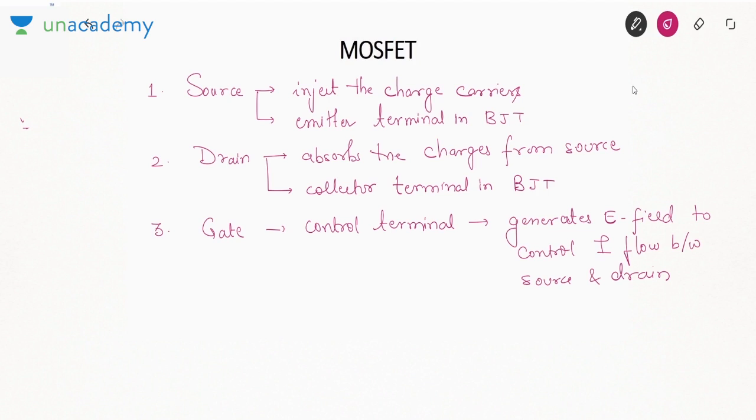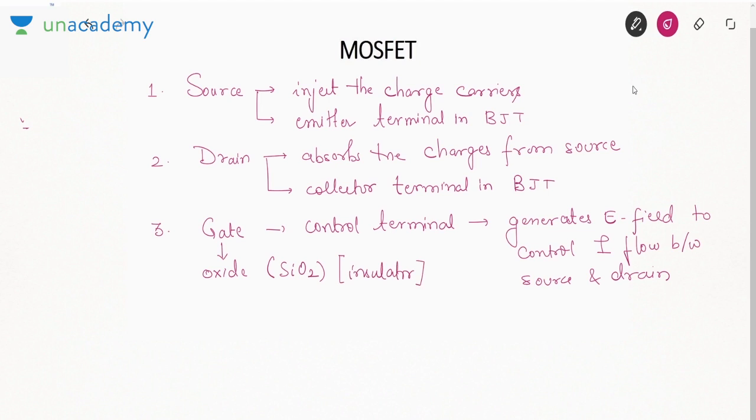I told you the path of current flow is called the channel. So that means a channel will be created between source and drain to let the current flow. Okay. So the channel is always present between source and drain, and through the channel the current flows between source and drain, and that channel is controlled by the gate. Now just under the gate terminal we have oxide.